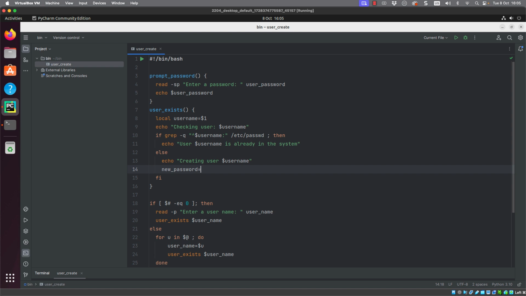So new_password is going to equal the output of prompt_password. So prompt_password does print to the screen, but we capture the output and populate the variable new_password, so we never have to actually see it. With that done, we can actually see it working and seeing that it is not echoing out the information.